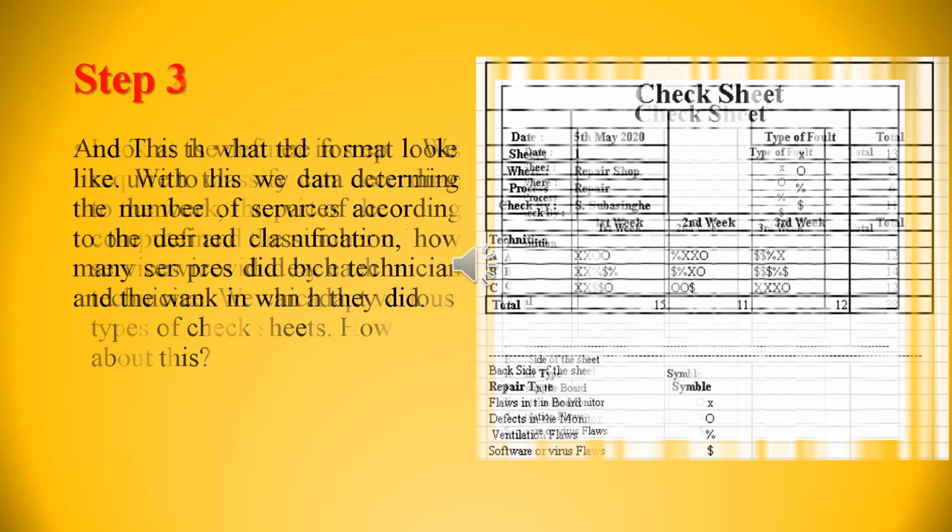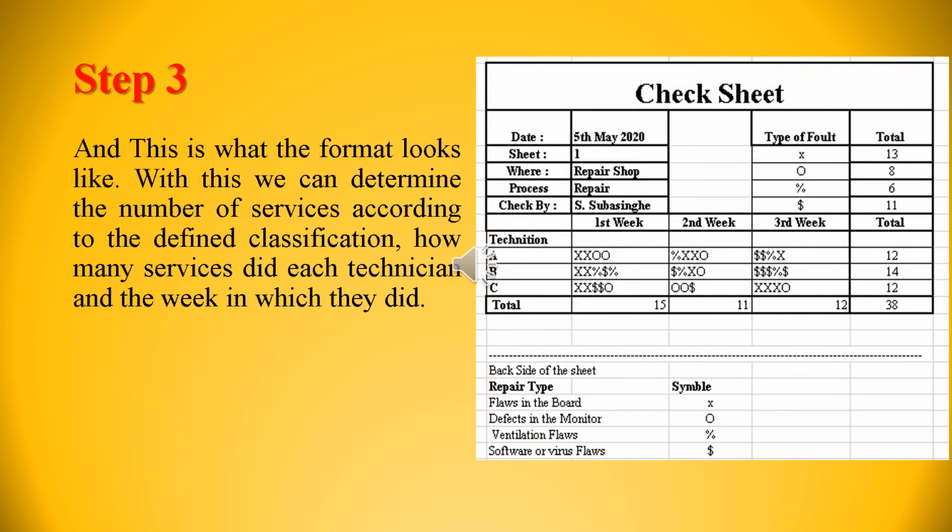Make the check sheet yourself, then after that you can compare with the information given in the example. Here you can see a business that provides technical service to computers. The owner has given the type of errors that are present, their frequency and the number of errors that can be solved by the technician for a period of time. You can stop the video and try to do it yourself. Then after that you can restart.